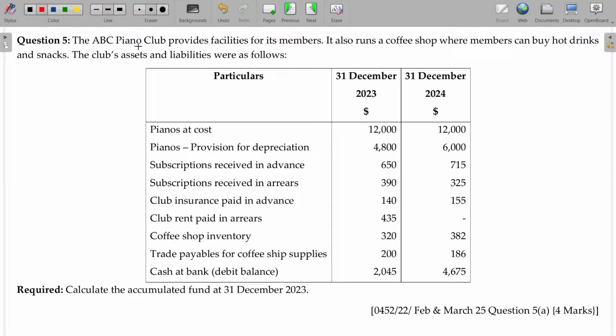Question number 5. ABC Piano Club provides facilities for its members. It also runs a coffee shop where members can buy hot drinks and snacks. So the coffee shop is a separate one. The club has no intention to make a profit. While operating the club, now and then they may have some small business activities also. For that you have to prepare